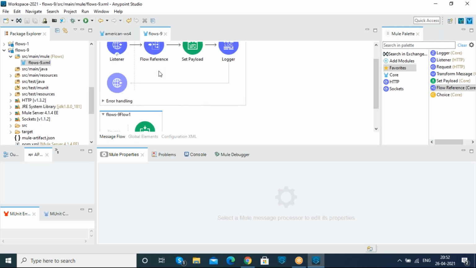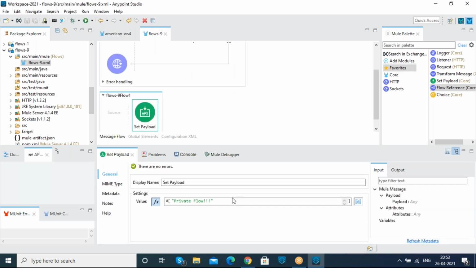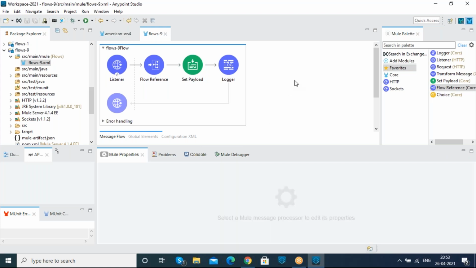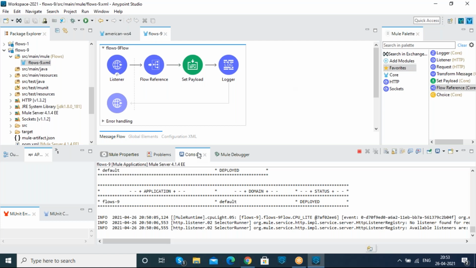So here, now in a flow we have two set payload connectors. The first set payload connector is the private flow, where we had mentioned it as a private flow, and under the second set payload connector we have it as a response. So let me check whether we get the first set payload connector as our response or the second one. So it is not picking.